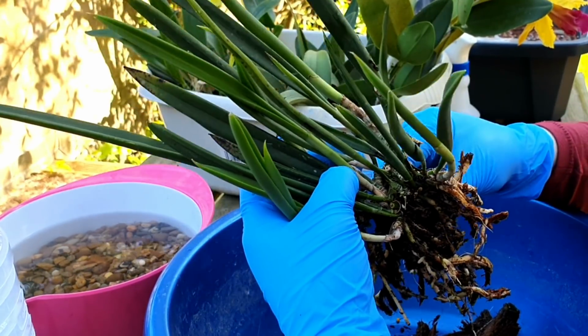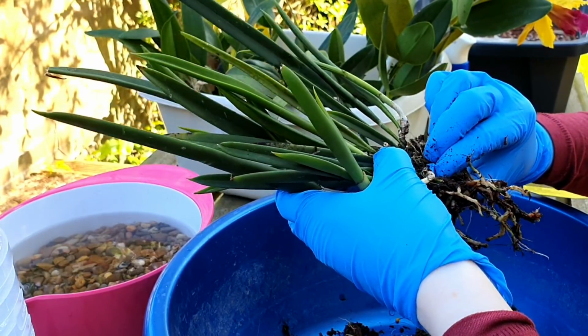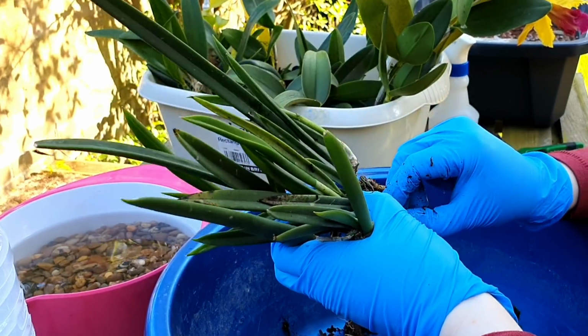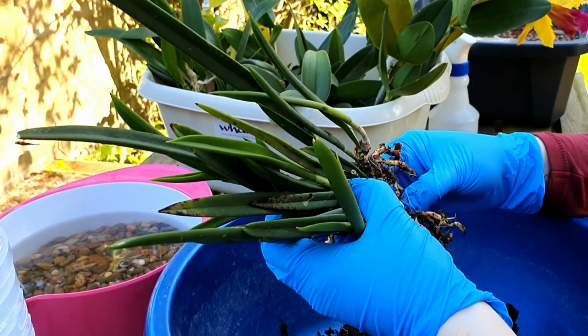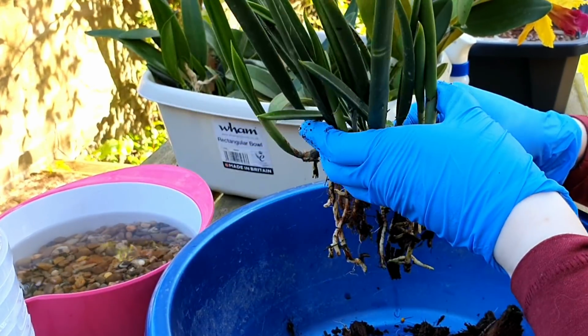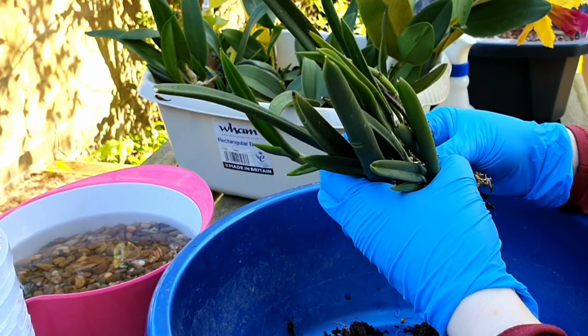As you can see, I'm actually repotting outside today. It's a beautiful day and we're going to do some pest treatments afterwards just as a preventative. It's a beautiful sunny day. I'm filming under my tree, so in dappled shade. There's a nice breeze, air movement, so they're going to dry off quickly, so this is a great opportunity to